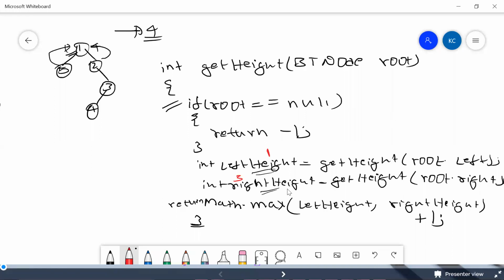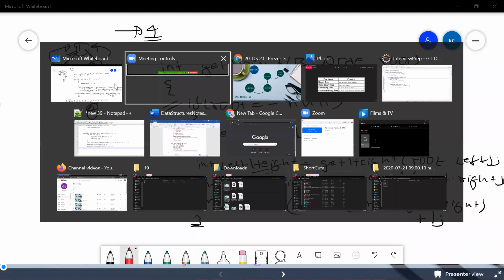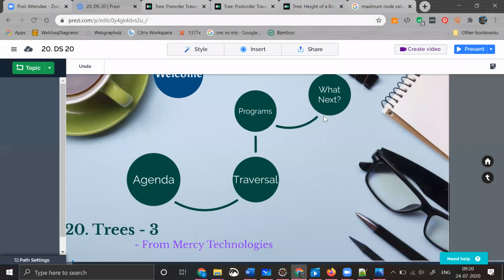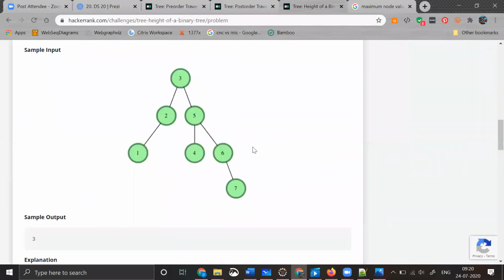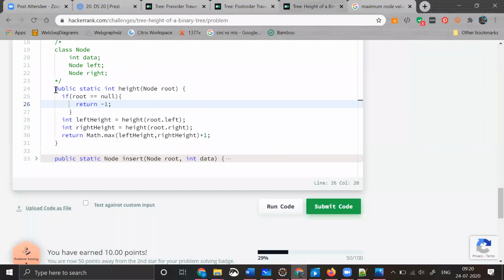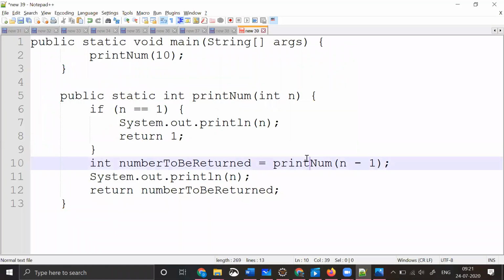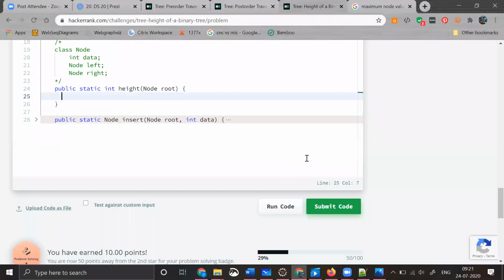Let me run that and show it to you so that it becomes even more clear. So what is this one saying? Yeah, tree height, right? I'm trying to, let me not write this. I'm removing everything. Maybe let me take a backup so that if something goes wrong, I can refer to it. Okay, so something like this.